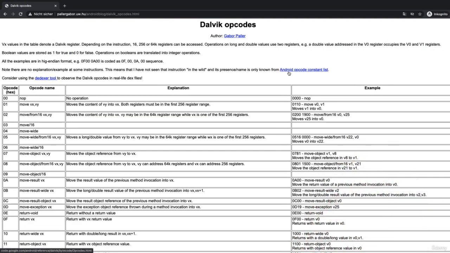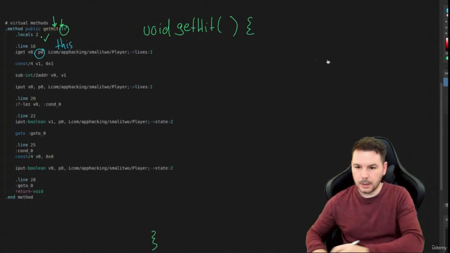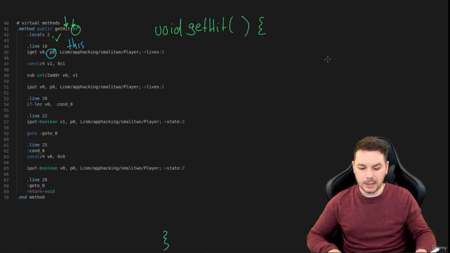There we go. We have our Dalvik opcodes over here. And yeah, we simply search for this instruction. iget vx, vy, field ID reads an instance field into vx. The instance is referenced by vy. Alrighty. We go back. So we've got an instance field over here, and we can find this instance field after